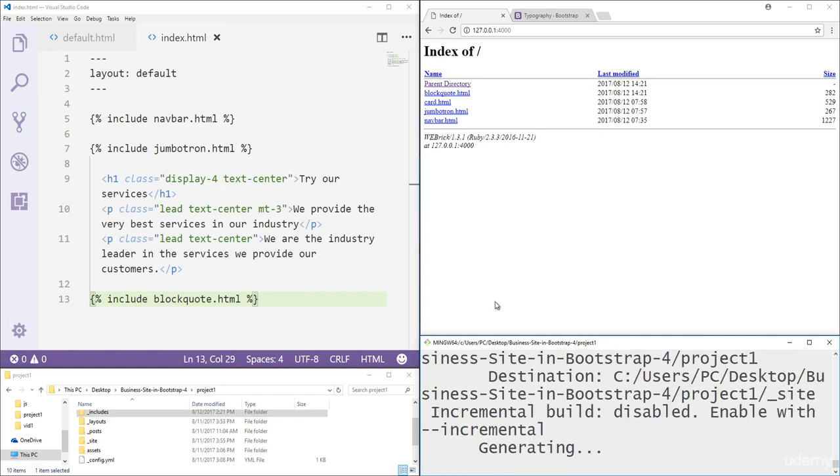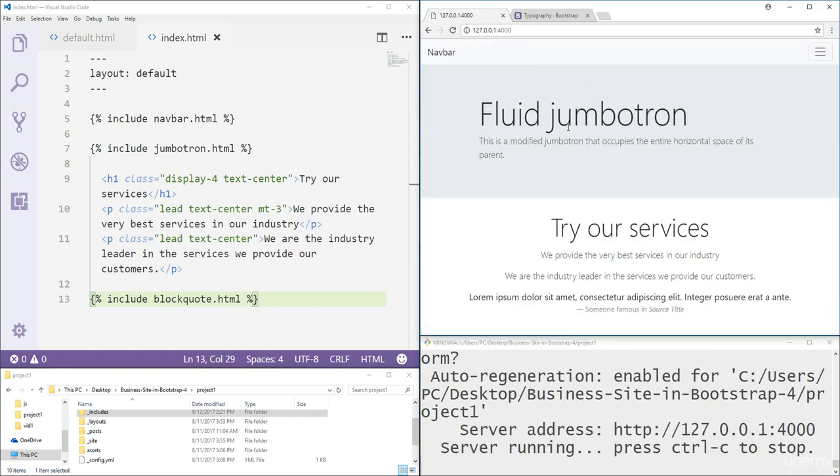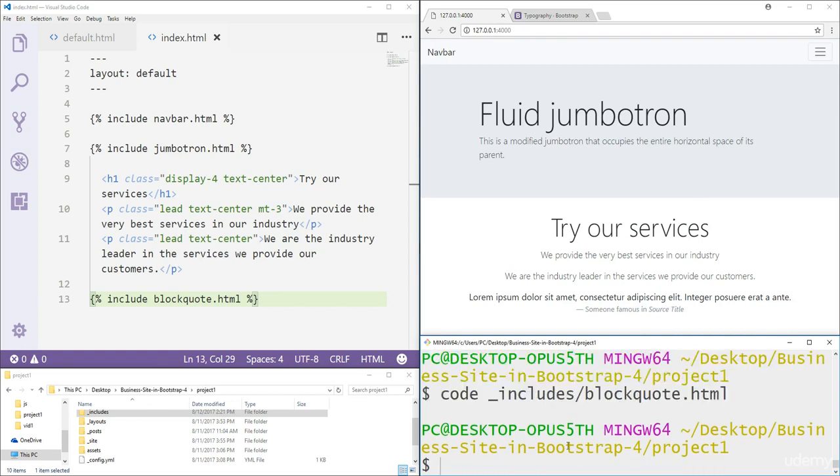And once that's done, when we press refresh, we get everything that we wanted, except that we're not using the color that we wanted to have here. So we wanted to have the color under the block quote, the testimonial section. So we're going to open the block quote. So let's stop the server real quick. Let's go code underscore includes block quote.html,